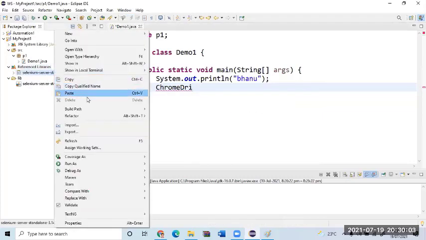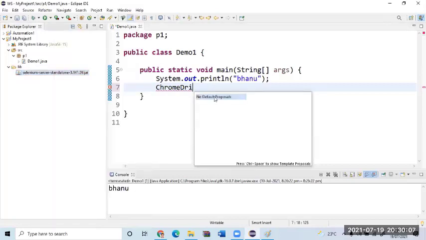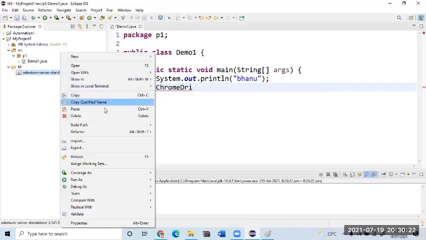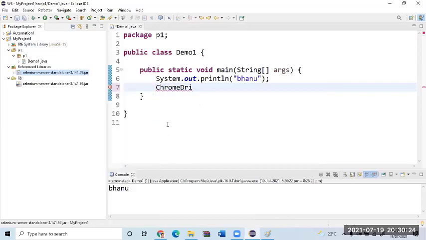Let me show you here. Right click, Build Path, I do the opposite: Remove from Build Path. Control Space. Am I getting any intelligence here? Is it displaying anything? No, because you just copy pasted the jar file. It doesn't know whether to use it or not. I want to tell Eclipse, or IntelliJ, hey, use it. So that is the reason I right click, Build Path, Add to Build Path.